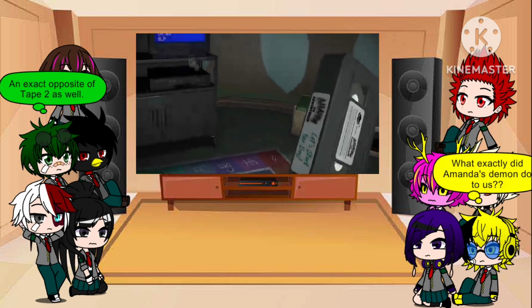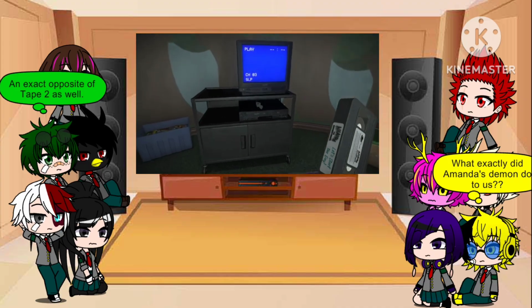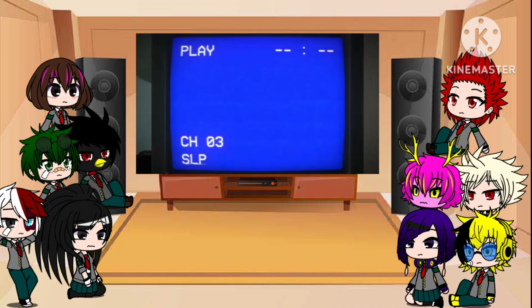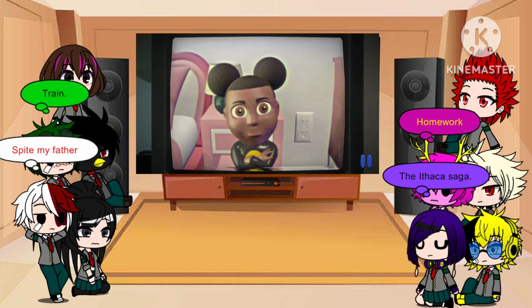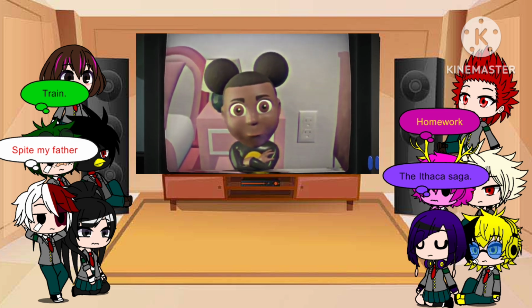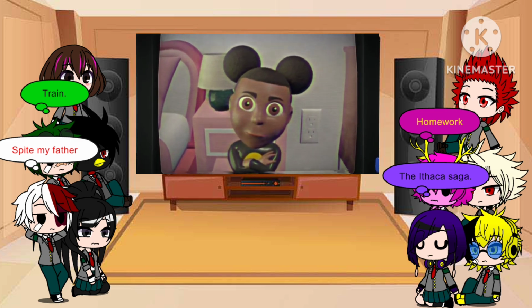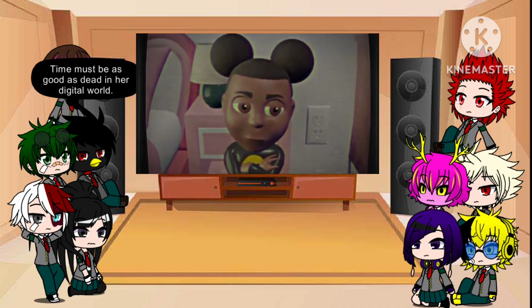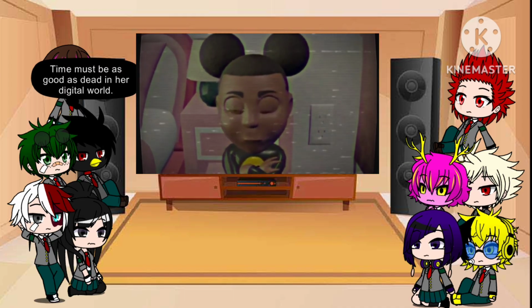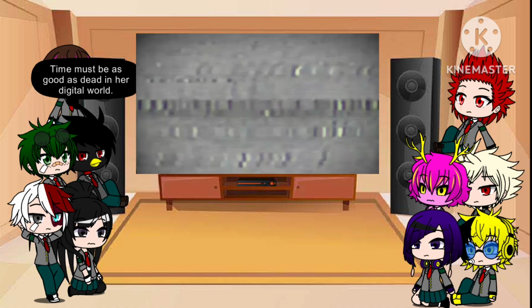Tape 6 is called Let's Start the Day. In this tape, Amanda wakes from her bed, and after we help fluff up her pillows and tuck in the sheets, it's time to get dressed. Before doing so, Amanda asks Riley what they're going to do with their day. As she listens, Amanda's attitude grows more and more disheartened. It seems as though the little girl is losing all hope. She has been trapped inside the tapes for so long that trying to stay positive is a test of endurance at this point.